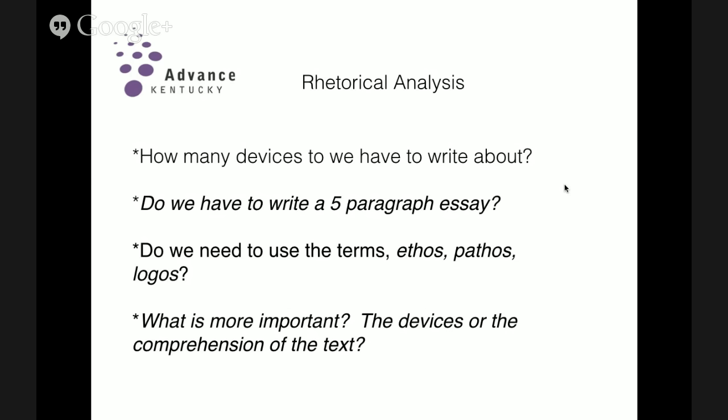So some of the questions that we got on this particular essay are, how many devices do we have to write about? There's always, oh, we should do 2. No, you should do 5. Do as many as you possibly can. I tell students,